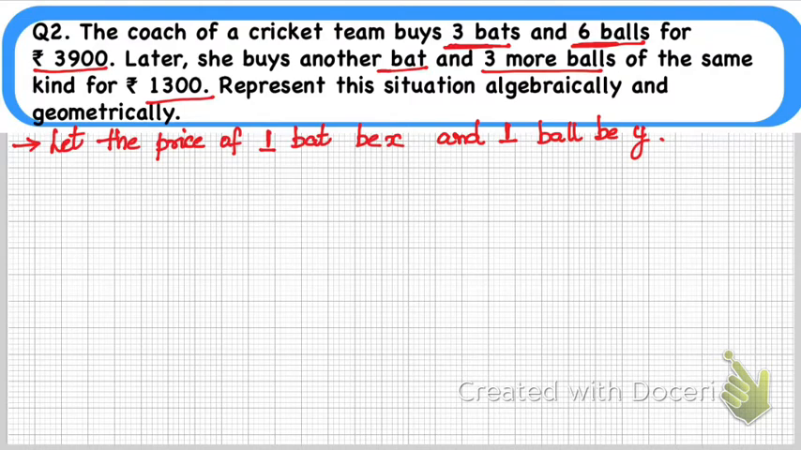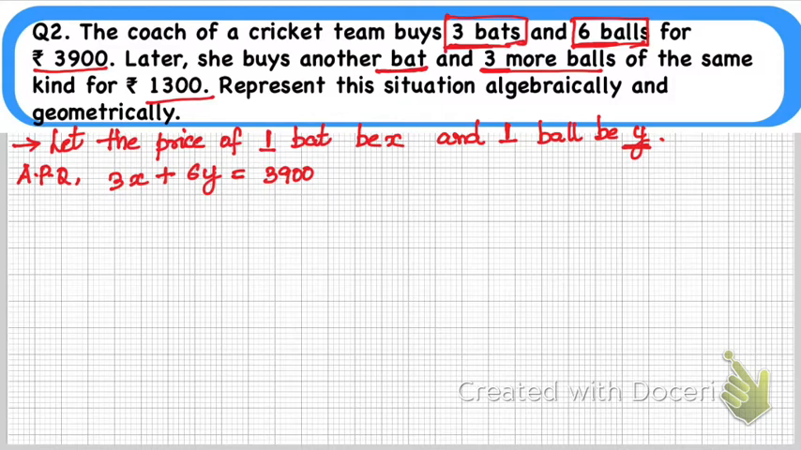So now if the price of 1 bat is x, then the price of 3 bats will be 3x definitely. So as per the question, we can write 3x plus, since the cost of 1 ball is y, the cost of 6 balls will be 6y, and the total cost is 3900, right? And the next equation, the cost of 1 bat and